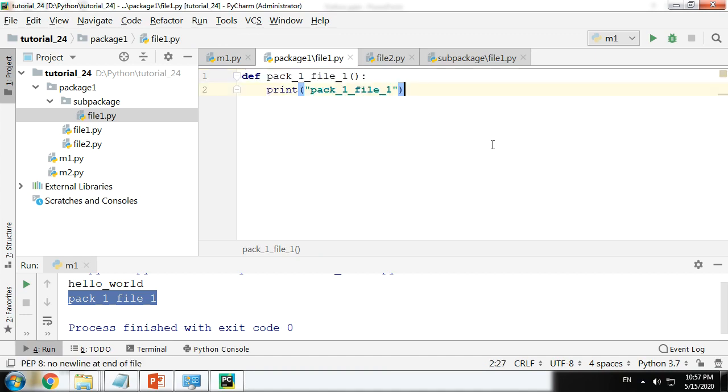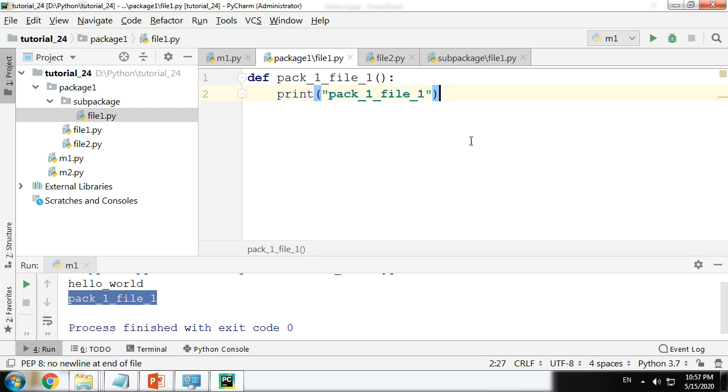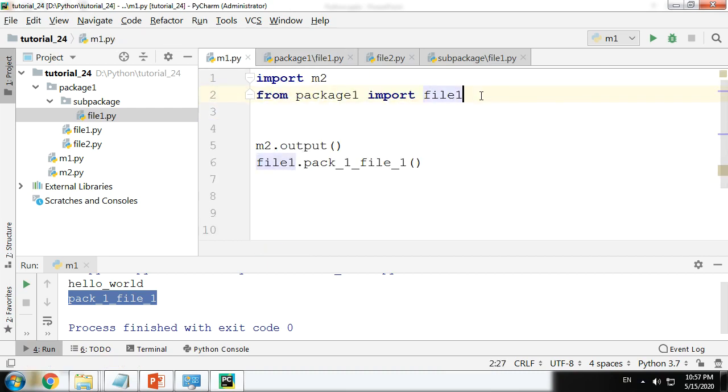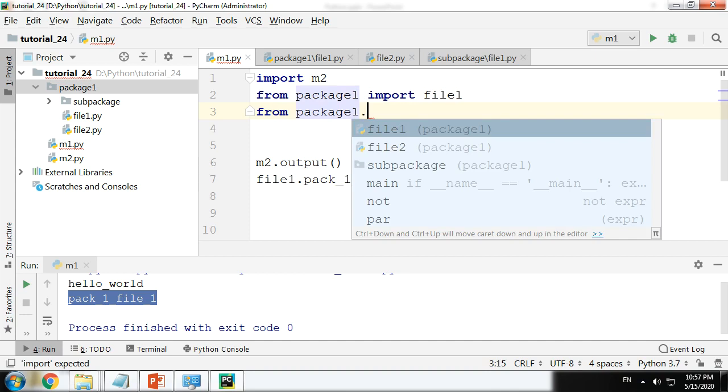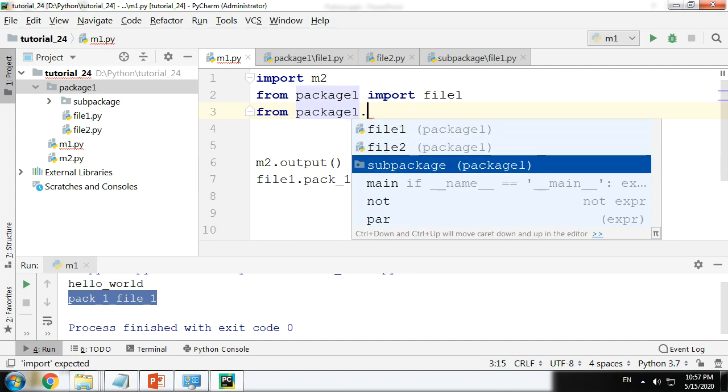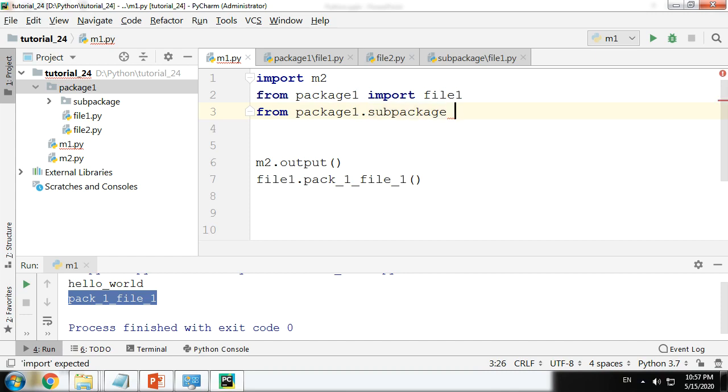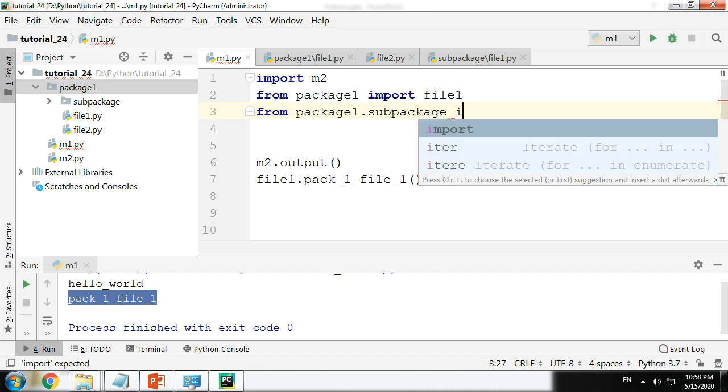Now you can see that because these two have the same file names, the first thing you notice is PyCharm automatically avoids confusion for you, telling you that this file is in package and this file is in sub package. Now I think you might be understanding what we are going to do. From package, if I do a dot here, you can see the two files as well as a sub package. This is the way in which you can go within a folder, to the folder of your choice. Then I do import.